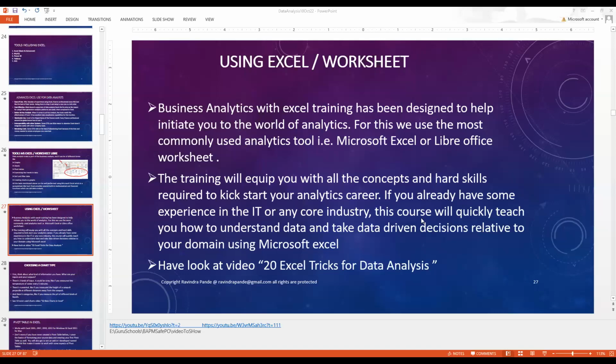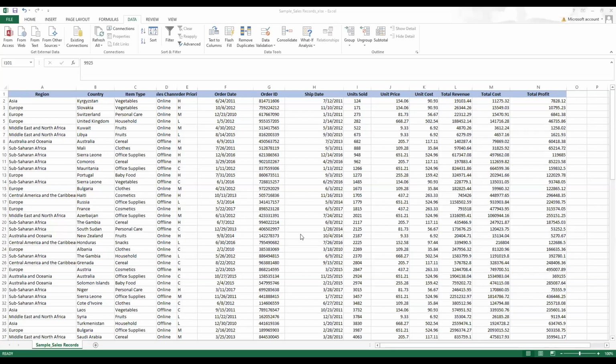Sorry, I have shown you how to do these things in Excel as basic tricks and tips, plus how the layout is read out. If I go back again to the Excel sheet, I think I have told you this earlier, but no harm in repeating again. This is what we call the header row. This is what we call a record. A row is a record, a column is an attribute or a category.